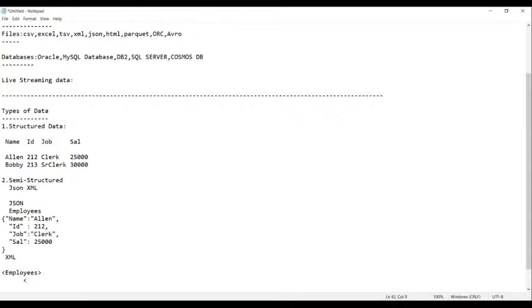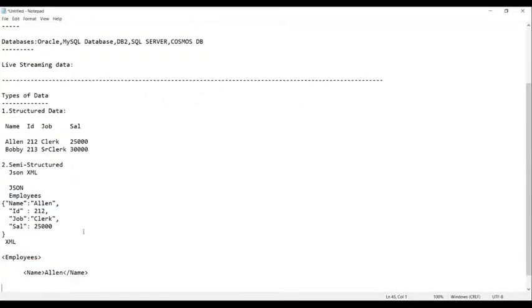Now let's start the tag here. What's the first row you have? Name. What is the name you have? Alan. And now close it. This is called an opening tag, and this is called a closing tag. Getting my point? Opening tag and closing tag. In between you have employees.